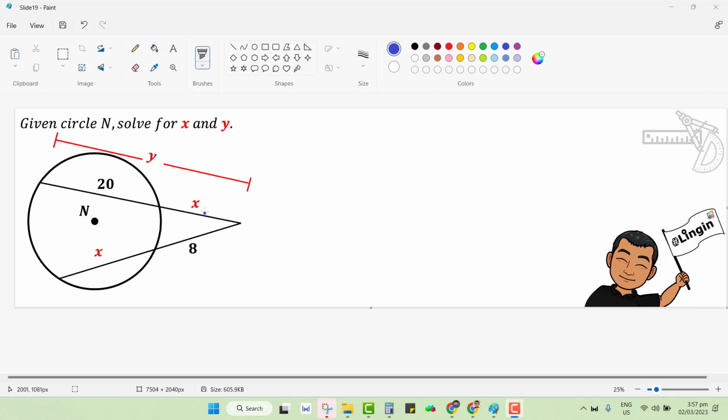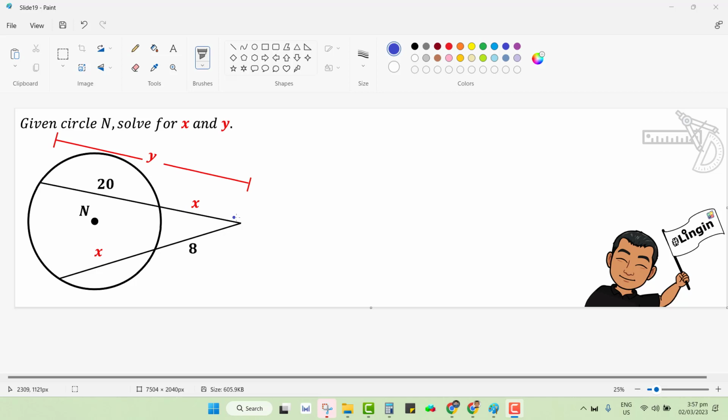X here again represents these two different segments, but they are actually part of two different secant segments, this secant segment and this secant segment here. For this, we are going to use the Secant-Secant Power Theorem. It concerns the measurements of segments from two different secant segments that are drawn from the same exterior point. That theorem tells us that the product of the measurement of the entire secant segment here, not just 20 because that's just a chord,